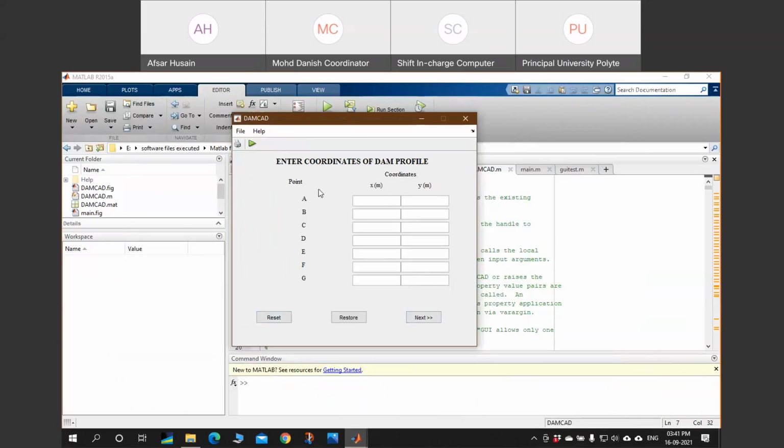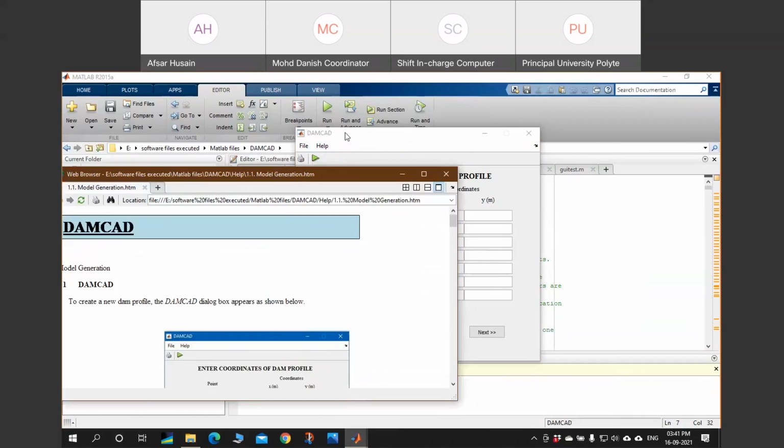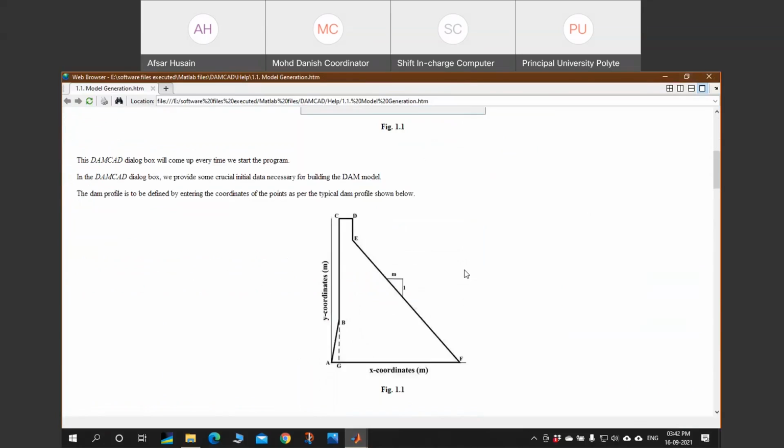Now when you run this, nobody can understand what to do with this window. So to understand it, just go to help, click model generation. When you click model generation, you will find a help file. This file will help you to navigate through the application.